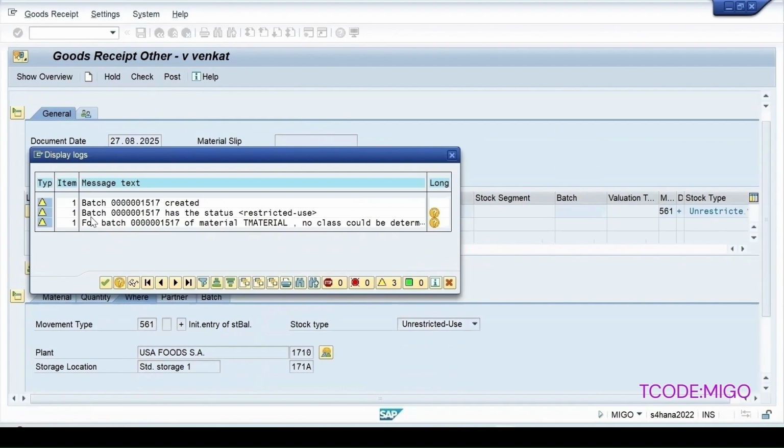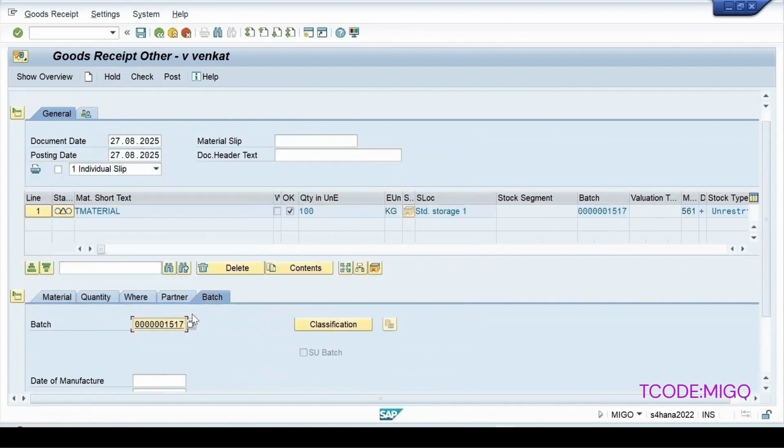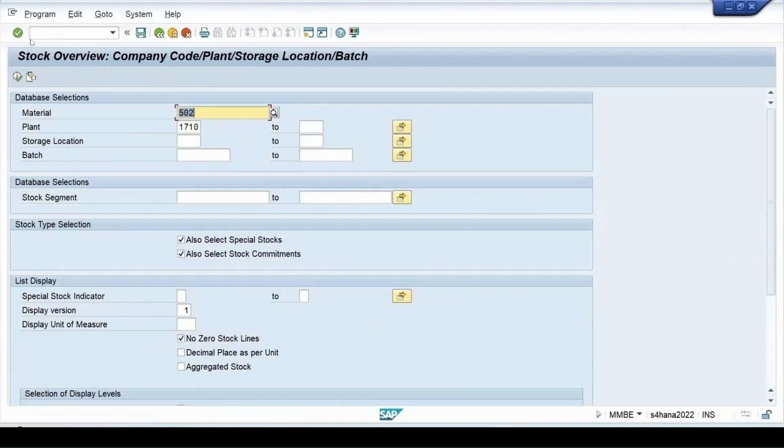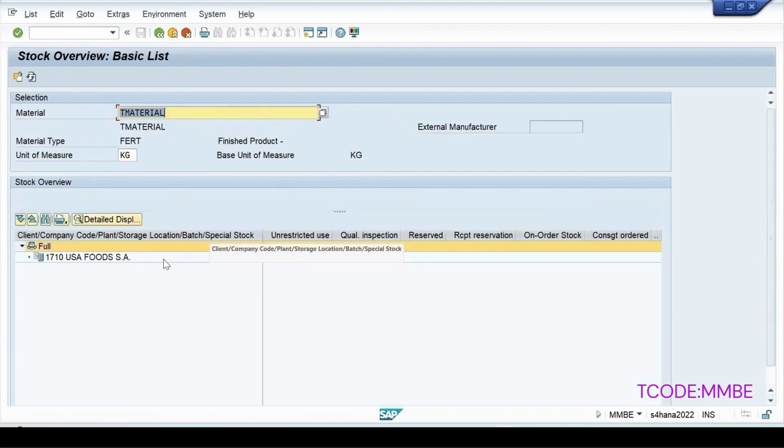Batch number is getting created. Let me create a batch, B1. I'm entering, continue, and then post it. If I go to the stock report MMBE, enter my material, this, click on execute,